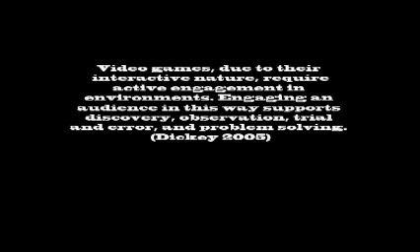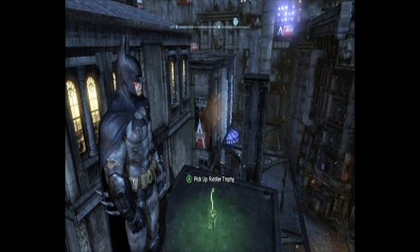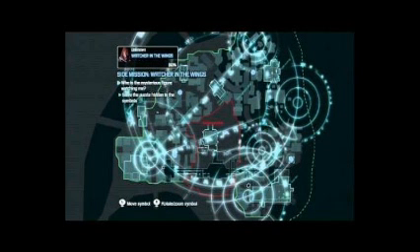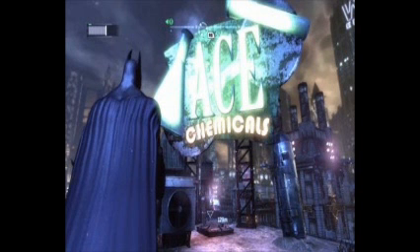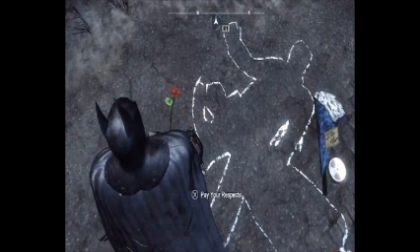Rocksteady have engaged the player in the Arkham City world by including points of interest. Some examples of these points of interest are Riddler trophies, discovery of side quests, observation of the city that they have created, and incorporation of different locations from previous Batman media. Places from the game world are not merely made up, they are all scenes from the comic and from the cartoons. For example, there is the Iceberg Lounge, Penguin's famous hideout, Gotham Ace Chemicals where Joker fell into the vat of chemicals that transformed him into the Joker, and many more. You can also find the Playhouse where Batman's parents were shot and killed, and you can venture around the back and see the chalk outline where they died.